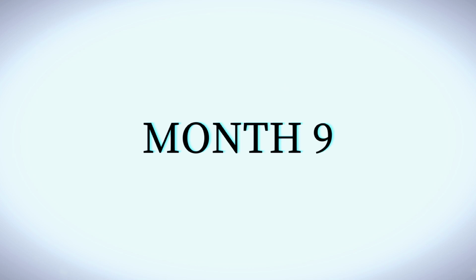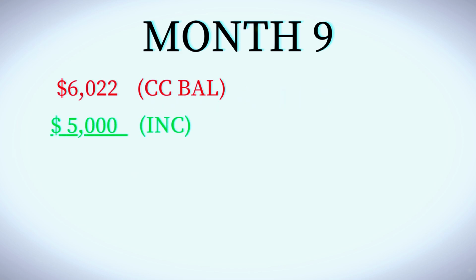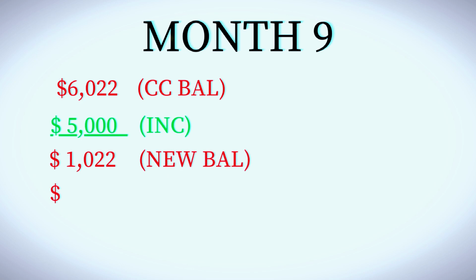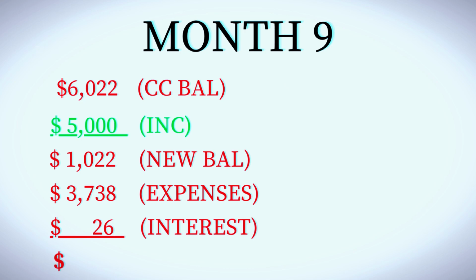This is what month 9 will look like. The starting balance will be $6,022. They will put their entire income of $5,000 into the line of credit, bringing their balance down to $1,022. They will pay their expenses of $3,738. Interest for the month, assuming average daily balance, will be $26, leaving an ending balance of